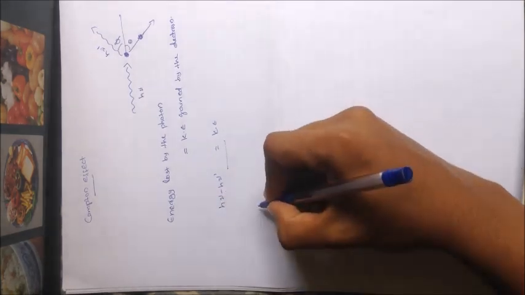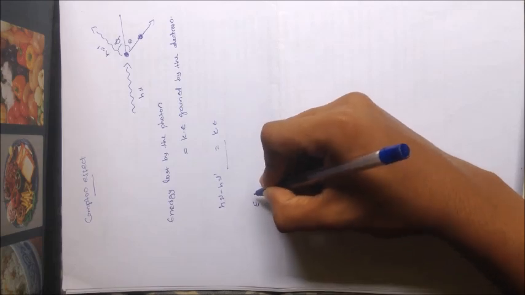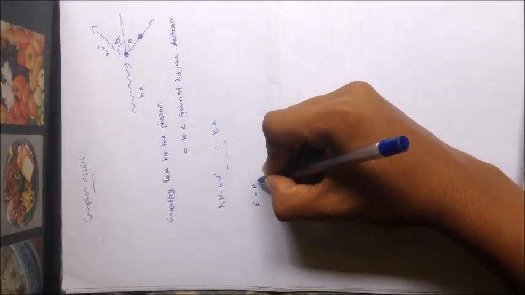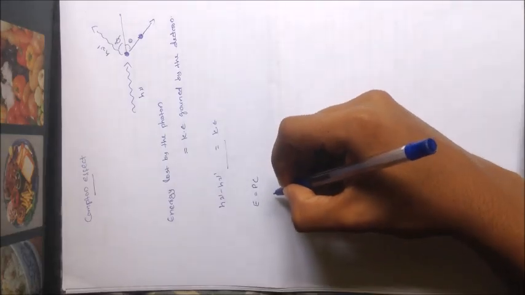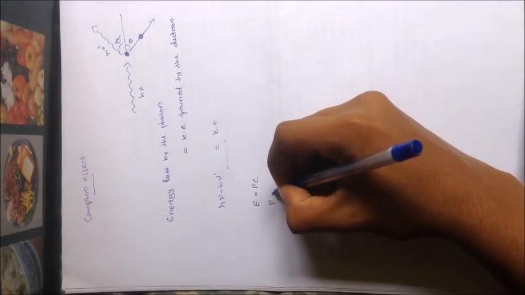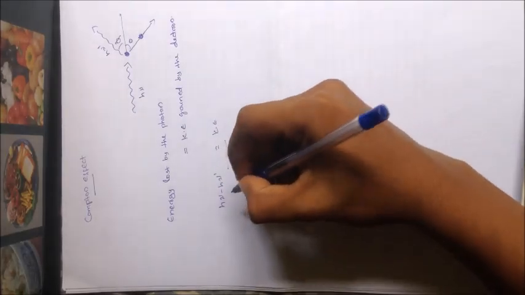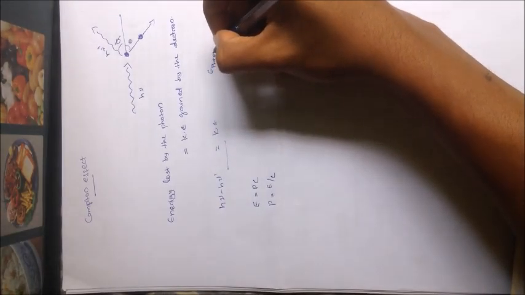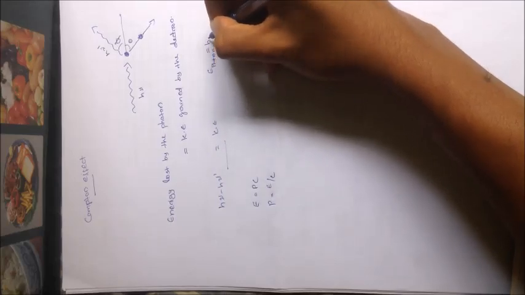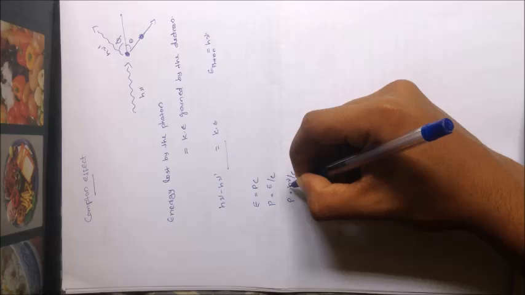We know that for a massless particle like a photon, energy is its momentum times its velocity, that is, the velocity of light. So its momentum p is equal to E by c, and here the energy of the photon E is equal to h nu. So the momentum p will be h nu by c,